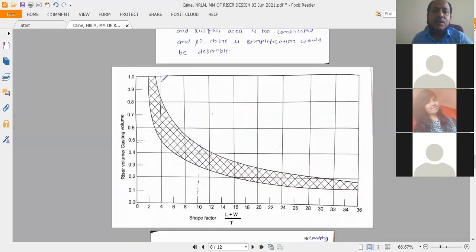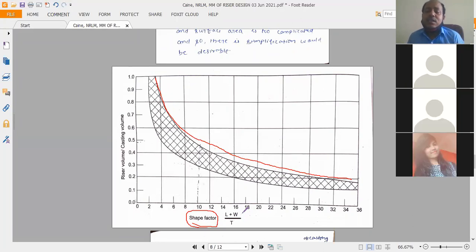Now, Naval Research Laboratory method, I have given a curve. This curve you have to apply. The upper curve, you have to show that this one is the hyperbolic curve, and it is the same as Kinds have developed. So only the shape factor you have to determine. Look, the shape factor is to be calculated from L plus W divided by T. Calculating L plus W by T is very easy with respect to the freezing ratio. So it is less time consuming, and the graph table is provided.